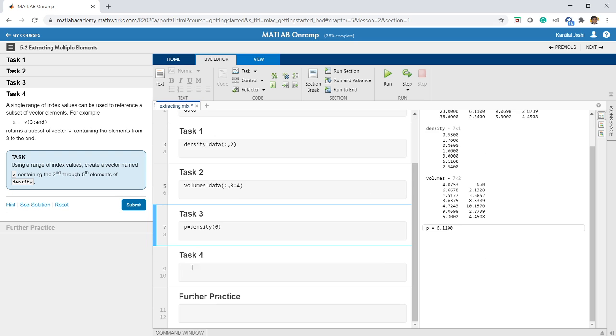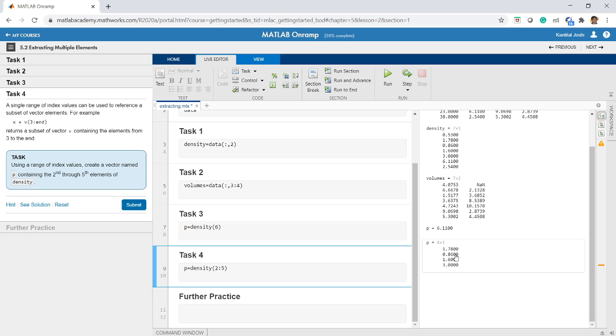So I'll write p is equal to density. Second through fifth means I want second, third, fourth and fifth. So I'll write 2 colon 5. This means it will start from 2 and go up to 5. Let me run this section.